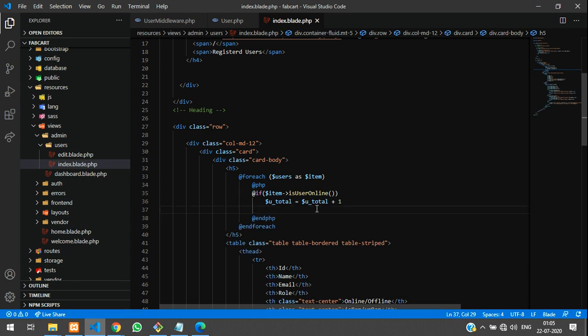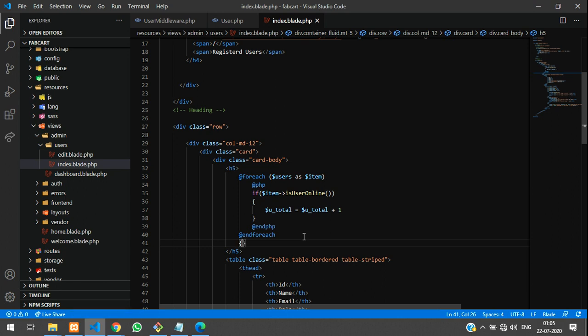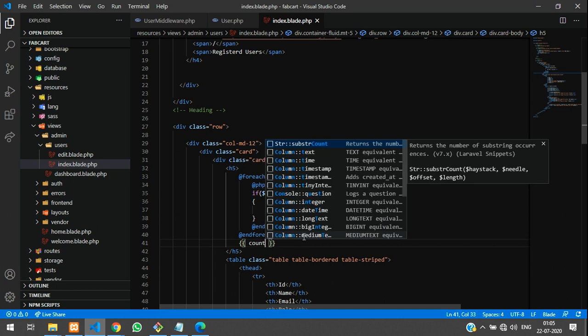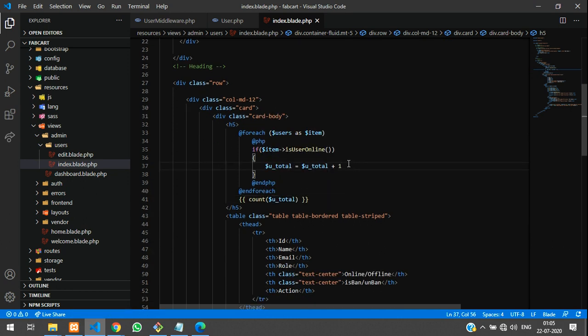Let's remove this and use a curly brace if else statement. Simple. So call this inside over here, the count function, and paste, and let's see the output for it.